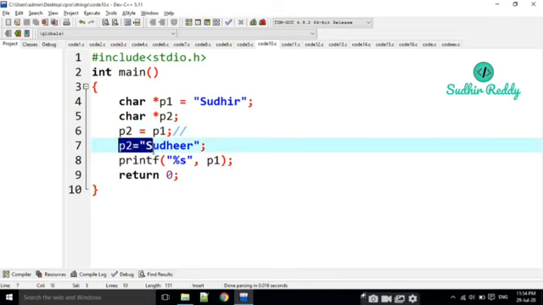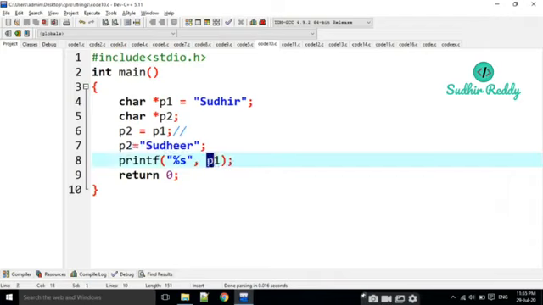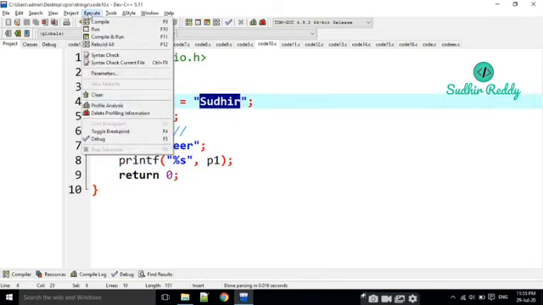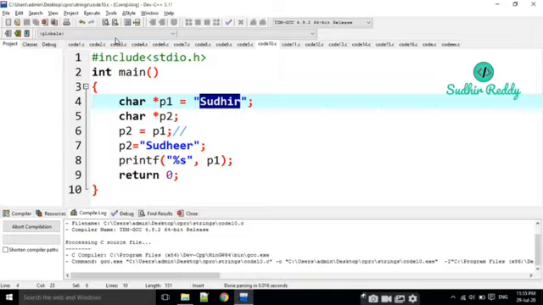Here I am going to change the whole string. This is not possible here. This is not possible. I have only the first character's address. I have the access of the first character address. I cannot access all the characters here. I have no permissions at all. That's why if I am going to print p1, it is going to print only the previous value. It is not modifying as the new one.